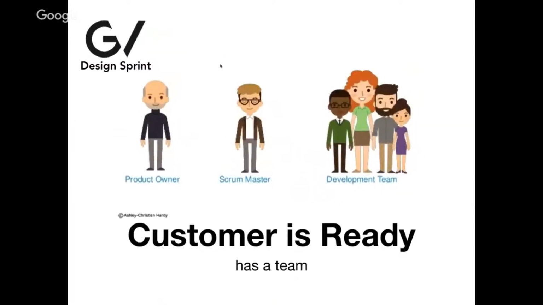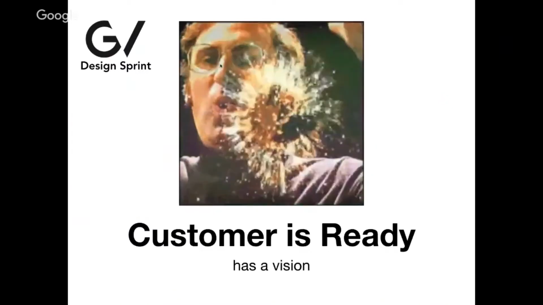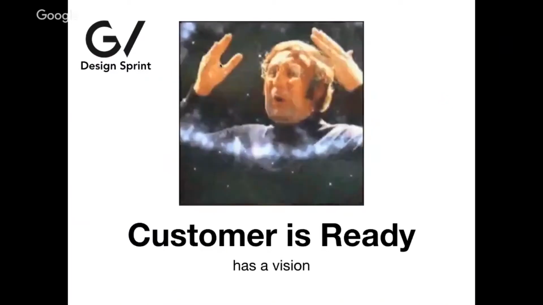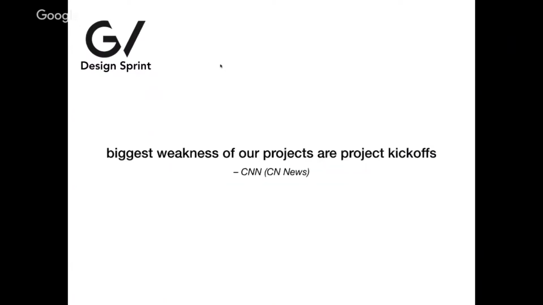He also has a team because Pavel, as a project manager, prepared a team for him, so we can very likely start the project. And because Volker has got a vision, he knows what he wants, we can start the project, right? But actually, is he really ready? From our observations, we found out that kickoffs of the projects are, let's say, one of the most problematic parts of our projects generally. Why?